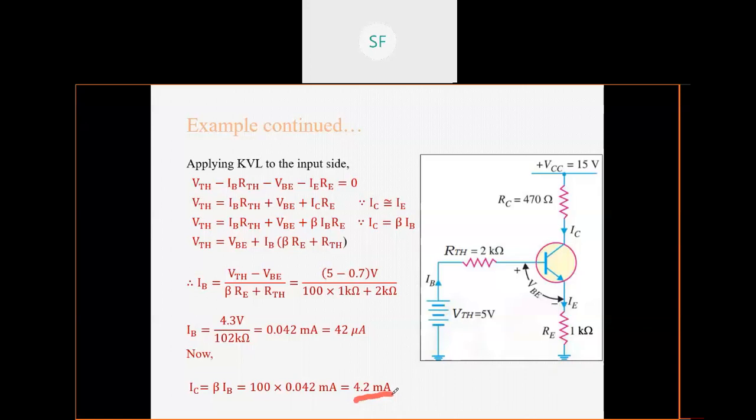And why does this difference arise? Because in the first method we have done approximation. So जब भी आप approximation करते हो तो there will be some difference between the exact and approximate answer, but both are slightly one and the same answer only. So this point you should understand.